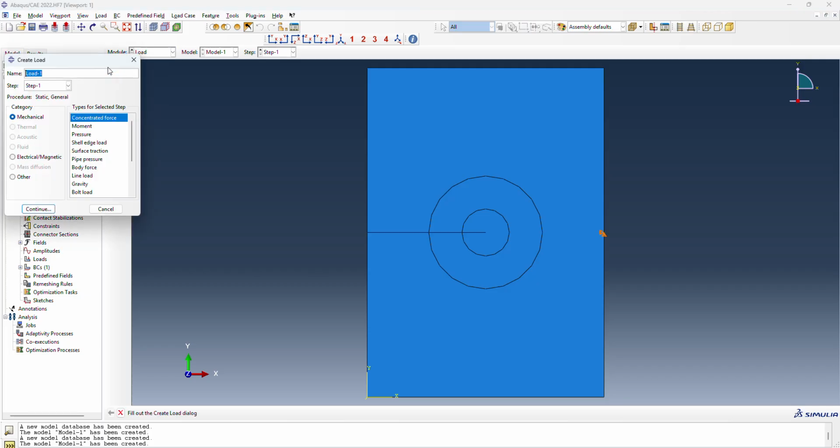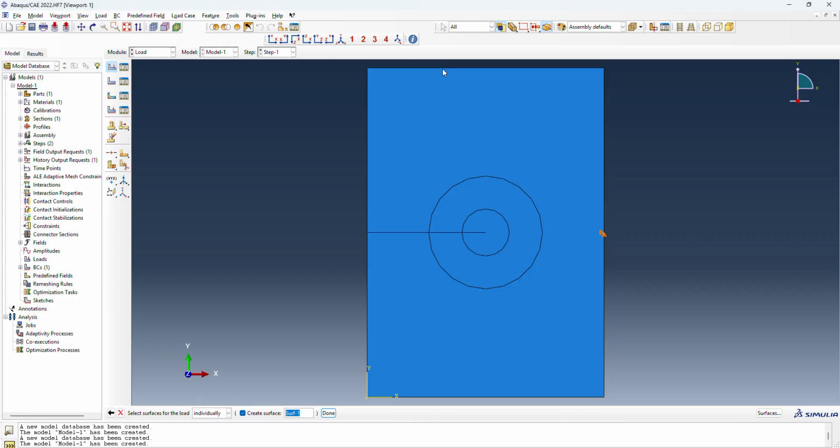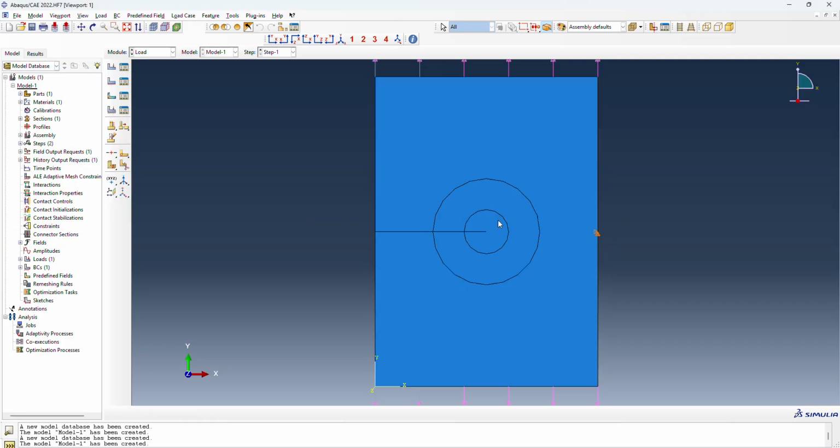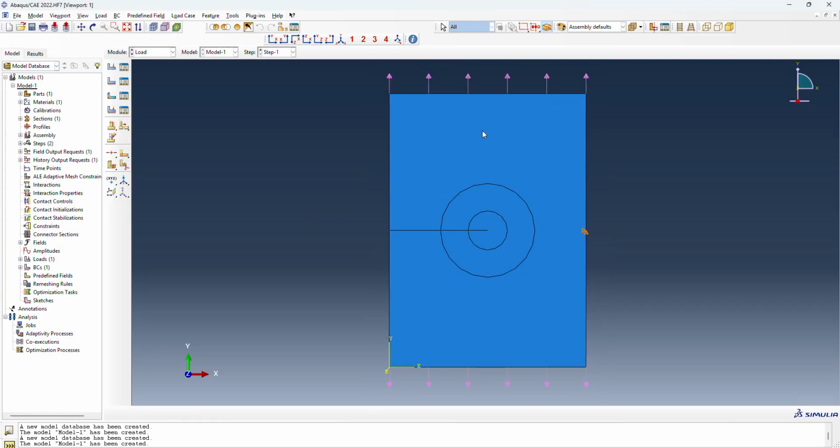We can generate this load. It will be mechanical, and instead of concentrated force or moment, we are going to select pressure. We will select the top and bottom edges of the part, and here is where we are going to apply our pressure. That should be minus 500 megapascal, minus because we want it to be tensile, as we see the arrows pointing outside. Okay,